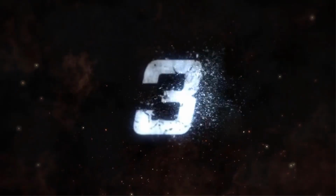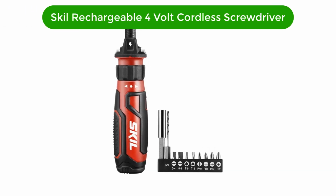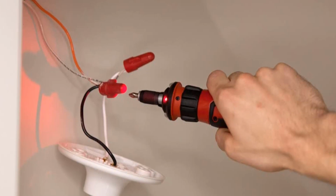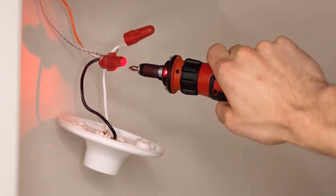work. Number 3. Our third best pick is SKIL Rechargeable 4 Volt Cordless Screwdriver. The SKIL SD561201 is equipped with patented circuit sensor technology that checks for live current and power cords and fixtures and electrical